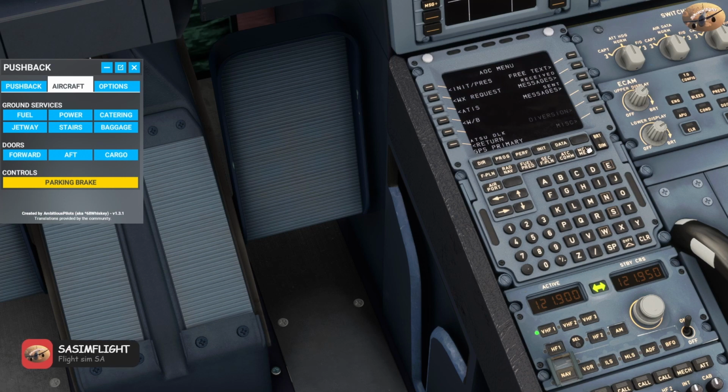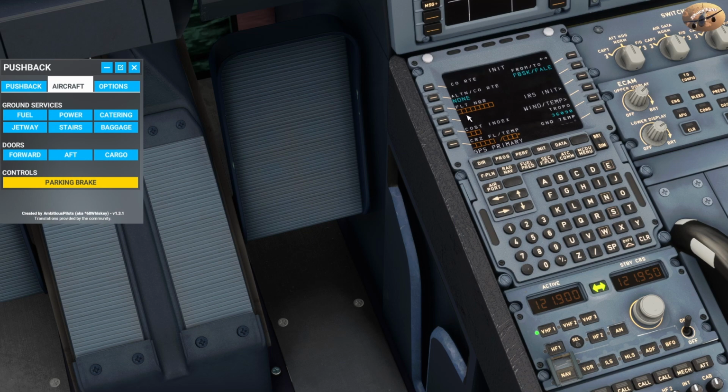Okay. From here, I'm going to go up to the init page. This is our flight number. I'm going to just put in 797, and I'm going to click next to it, add that in. Cost index, if you remember from the sim brief, is 60. So all I have to do is type in 60,